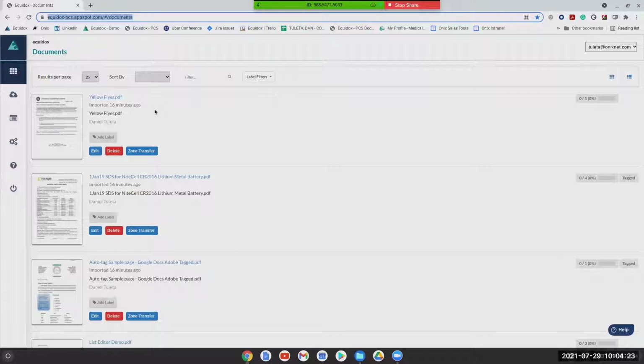Now, when I imported these documents to the Equinox application, Equinox is looking for things such as existing tag structure. These 2 documents here have a little flag over on the right-hand side indicating that they were previously tagged. The document that my mouse is hovering over right now was auto-tagged using Adobe Acrobat, whereas this document that I'm circling now was actually tagged from a template within Microsoft Word. And then this document here had no existing tags.